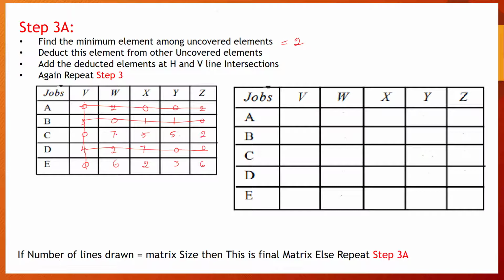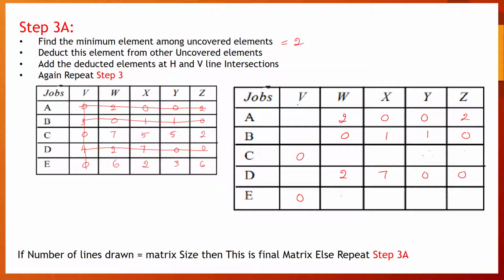So remember that all other elements we need to write the same. So let me just write these elements like what they are. So 2 0 0 2, and then second we have intersection, so 0 1 1 0. Third also we can write 0. Here we have intersection, so don't write. Now write 2 7 0 0, and here we can write 0.